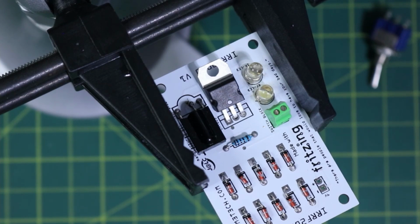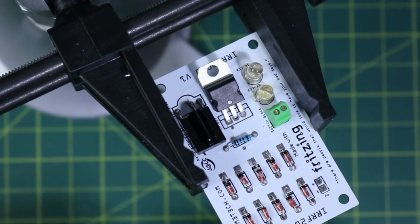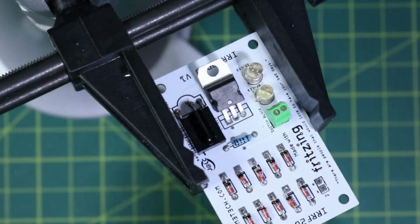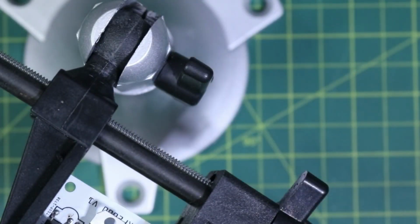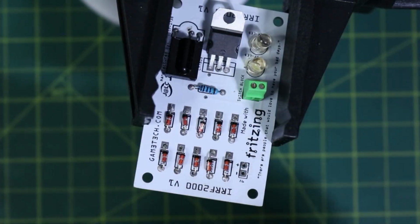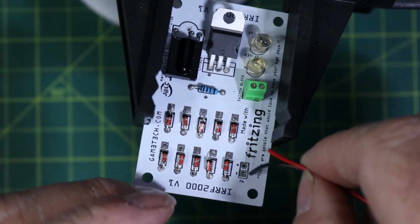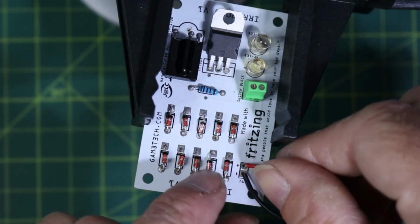So to do that, I need a little bit of wire, and we're just going to make a couple of leads to our switch, and then we're going to solder in this guy here, our 9-volt battery terminal, which, you know what, let's just do that right now. Okay, so I'm just going to put these into here. Negative there, positive there,